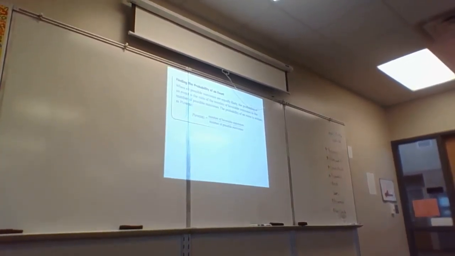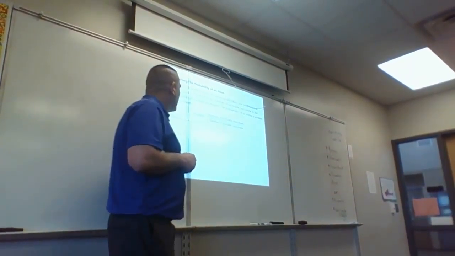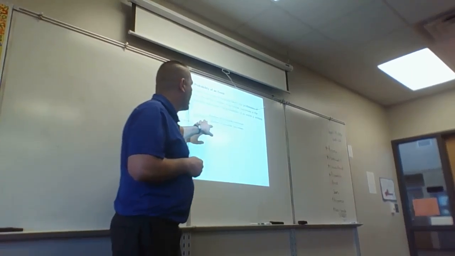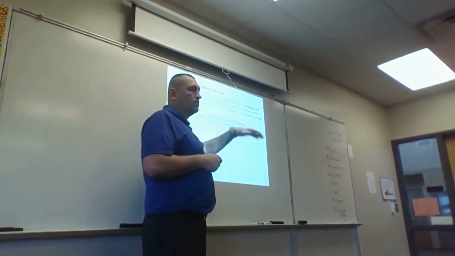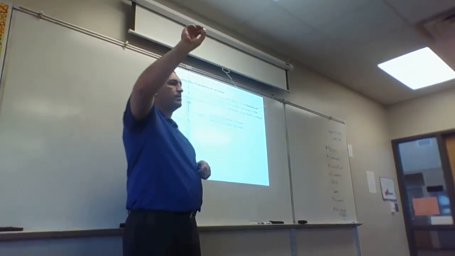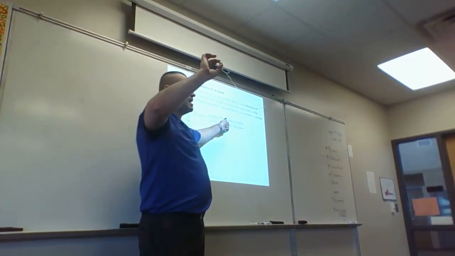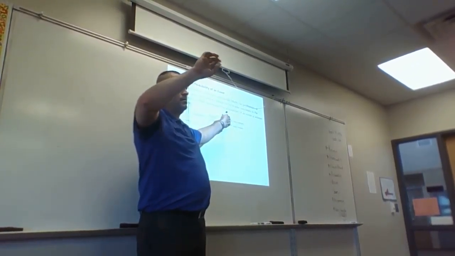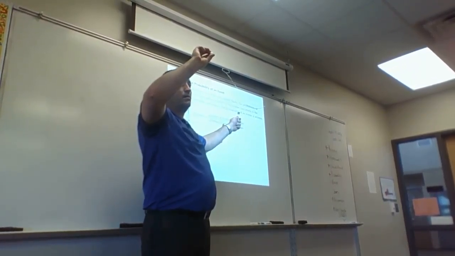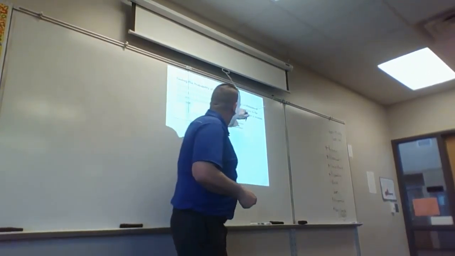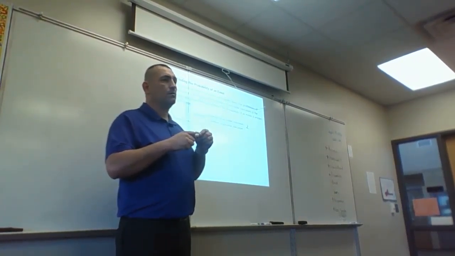Okay. Now, if we want to find the probability of an event, all we're going to do is this: the probability of the event is the number of favorable outcomes over the total number of outcomes. So if I want an even number on this die, what number goes on top then? I want an even number on the die. This is 3. Now what's my total number of outcomes?